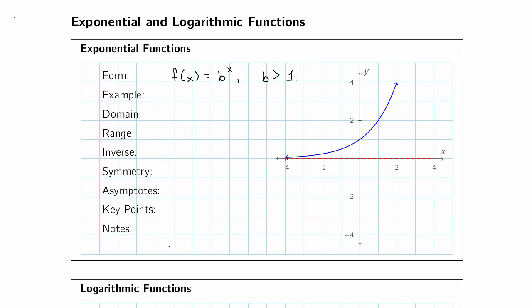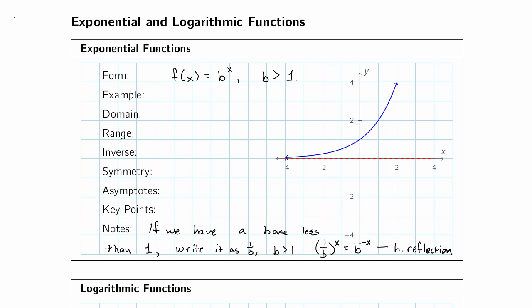Why? Well, if we have a base less than 1, we can write that base as 1 over b for some b greater than 1. Just take the reciprocal of our existing base. And then 1 over b to the x is just b to the negative x, which is a horizontal reflection. And we know that that's true. The graph that we have, if we have a base smaller than 1, looks like that, reflected across the y-axis,